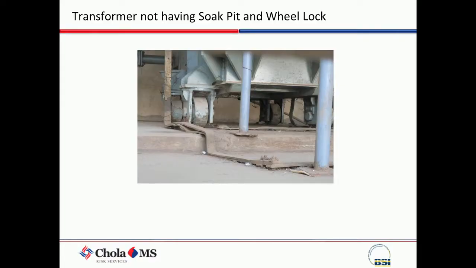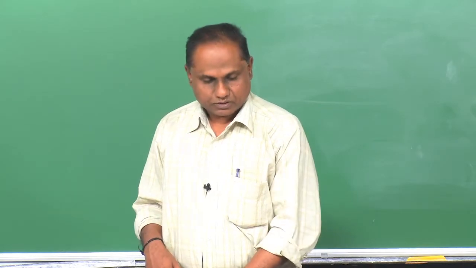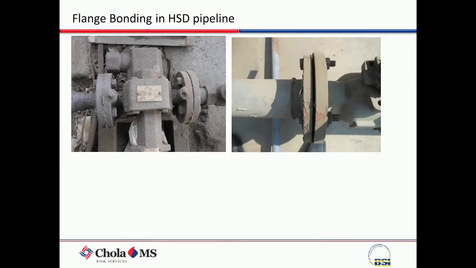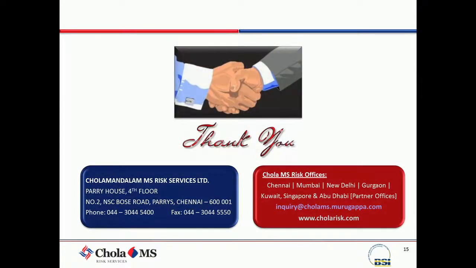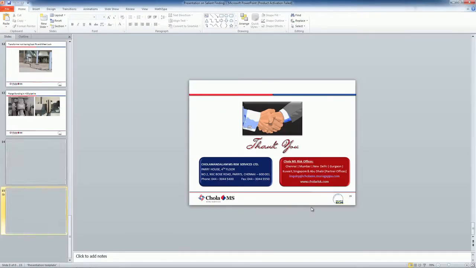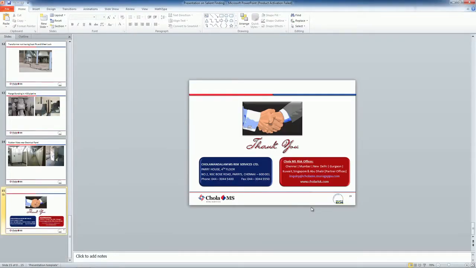Then this transformer, I told you, this transformer needs to be locked. We have big transformers here. They will suddenly move, and when it happens suddenly, it can lead to short circuit and something. So it needs to be locked. Then flange bonding is not available in these HSD lines to dissipate static charges. These rubber panels were not having earth markings, nor did they have earth. So in case of a sudden fault, a person can get an electrical shock. So I will just show you about that.